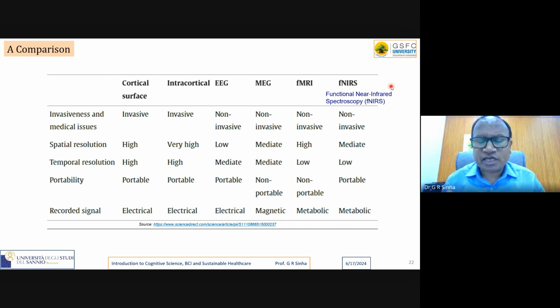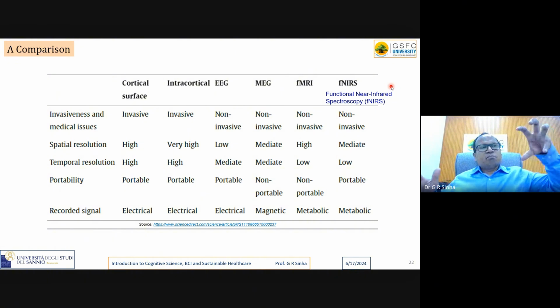So let me sum up today. You might think that we have discussed a lot about brain signals and the EEG signal. That is very much needed, because when we talk about brain computer interface, the brain has to be interfaced with a computer. So you have to understand the brain, and to understand the brain, you have to understand brain signals. There are many different types of brain signals, so we can at least understand one or two types.